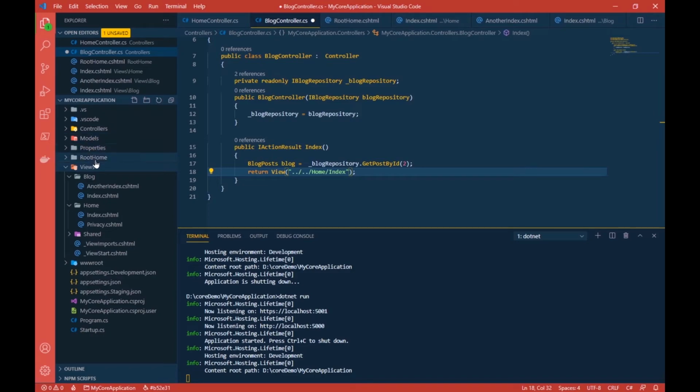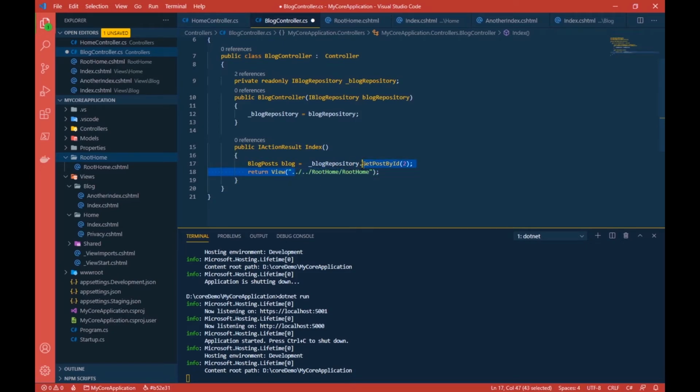And then after that, I'll tell that once you are in our parent directory, which means this entire directory, go to root home and then get me this root home.cshtml. So remember, when we write this relatively, we don't have to give the path cshtml. Okay, so let me save this.